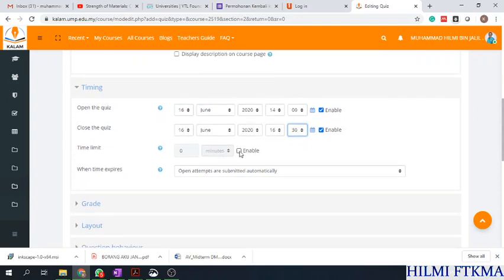Okay, and then we can also add the time limit. For this course I wish to limit the time for each attempt to be only 2 hours. So I'm going to check hours, and there will be 2. So although the quiz is open for 2.5 hours, the students are only able to use 2 hours to answer all questions. So there will be an extra 30 minutes